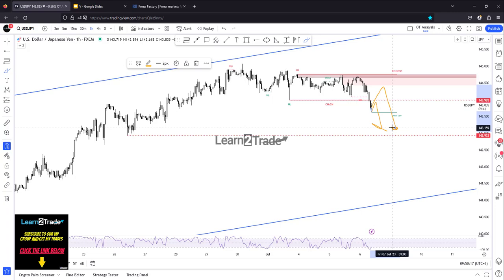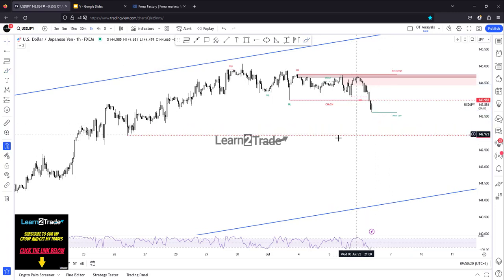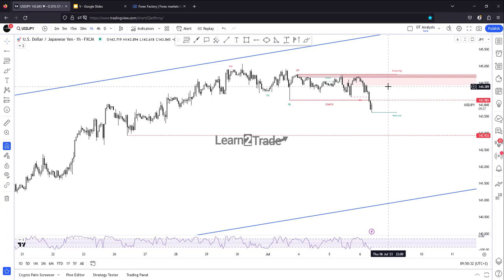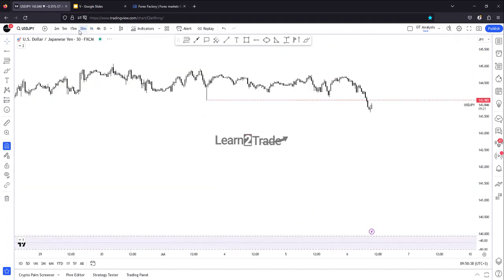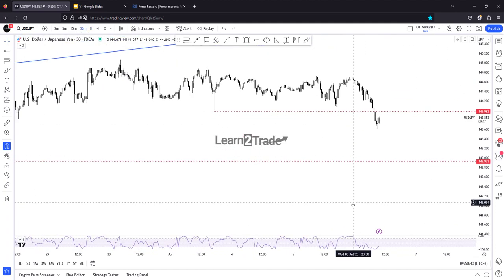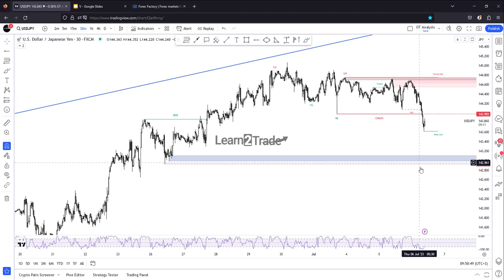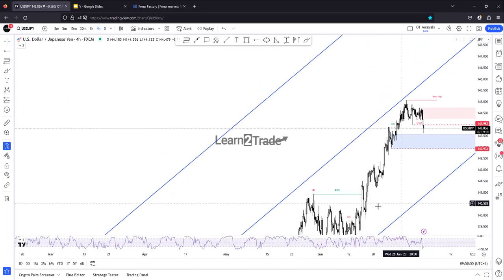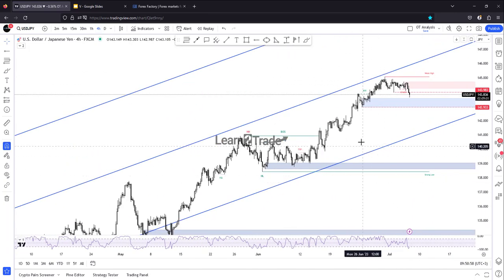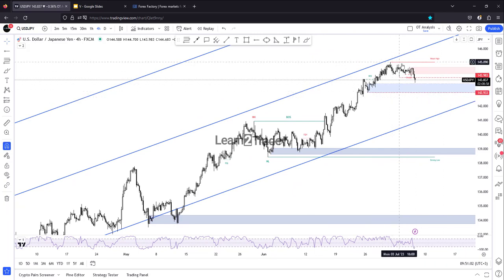So personally, I would look for potential shorts, for potential selling opportunities in the short term on lower time frames, because after this sideways movement here, breakdown, maybe a retest, or here coming back to retest the supply zone, could bring us potential short opportunities, because I told you maybe the US dollar Japanese yen could approach and reach this zone, maybe 143 psychological level. Because after this amazing upwards movement, rally, growth, retreat is natural, sideways movement or a corrective phase is natural,